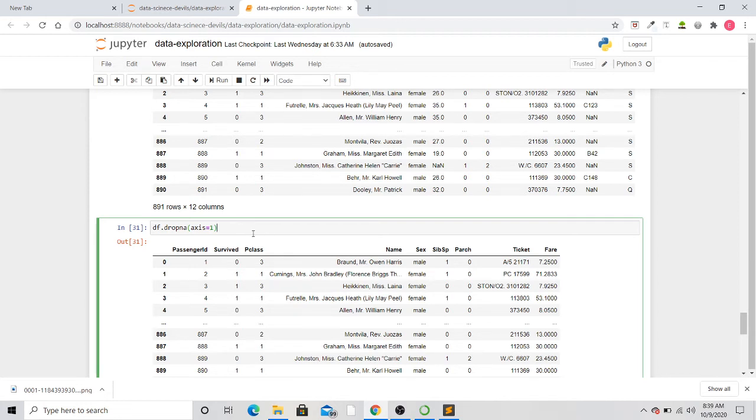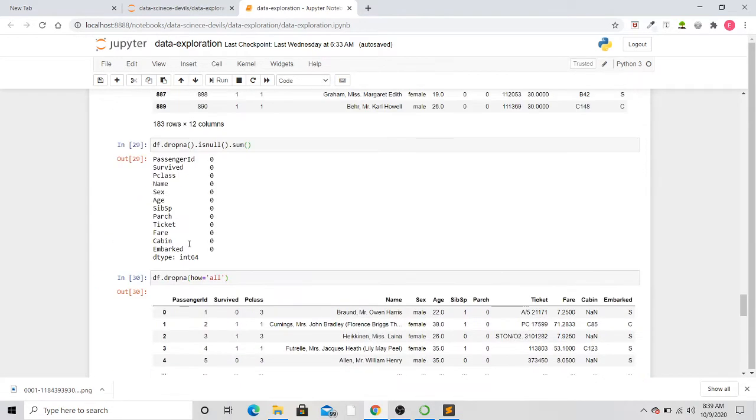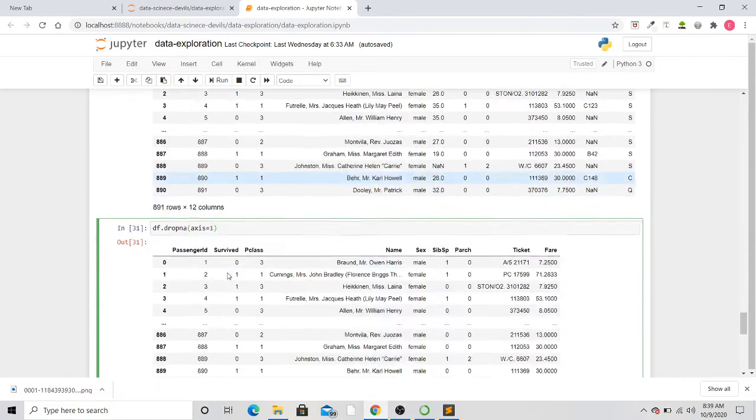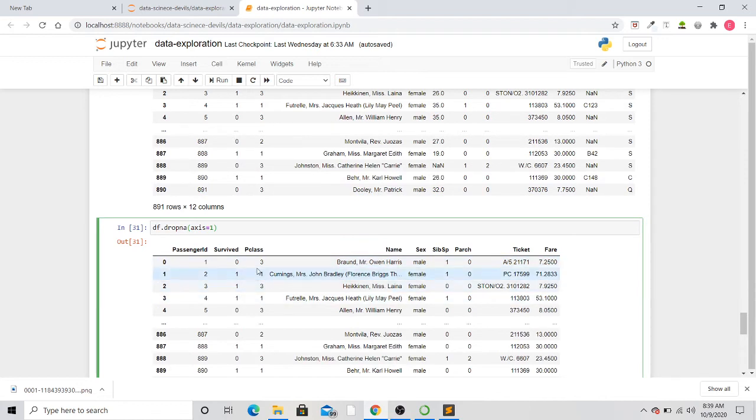Now if I want to delete those columns which contain missing values, for example here age contains missing values, so what I'll do, I'll write df.dropNA and then I will specify the axis. 1 is for column and 0 is for row. So the age column and the cabin column and the embarked column which contain missing values, they will be deleted from the dataset. And if I want to reflect the changes in the original dataset, then I will simply write df equal df.dropNA, but I don't want it.